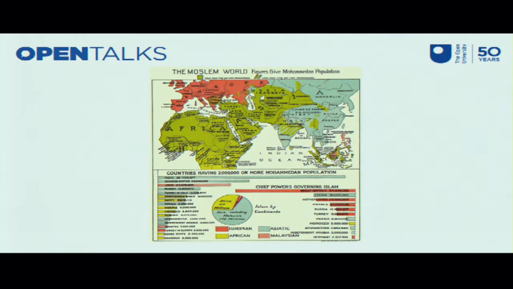they saw that the world was being partitioned among the imperial powers, and they turned their gaze to what was becoming thought of as the Mohammedan world, the Muslim world. And these men were fueled by the development of the idea of Britain as what they called the greatest Mohammedan power, and this was largely based on facts of geography and demography. If we see in the graph there, we've got Britain as the main power governing Islam, as this chart from